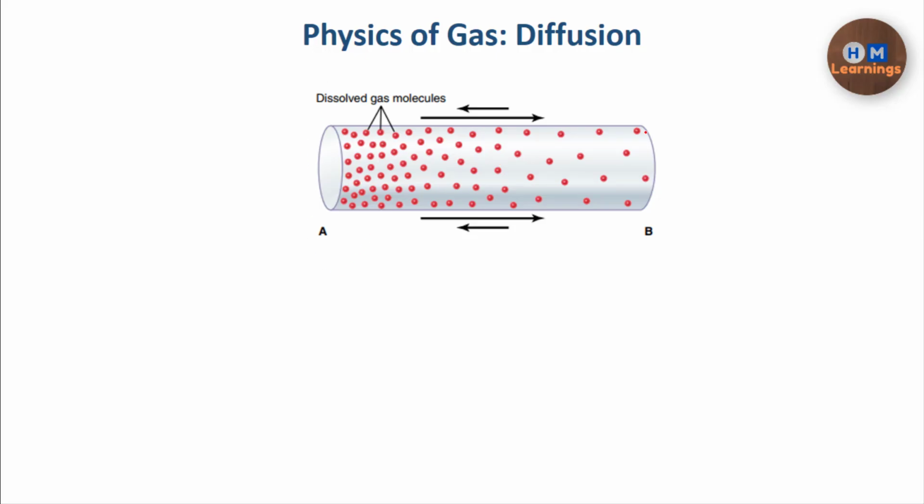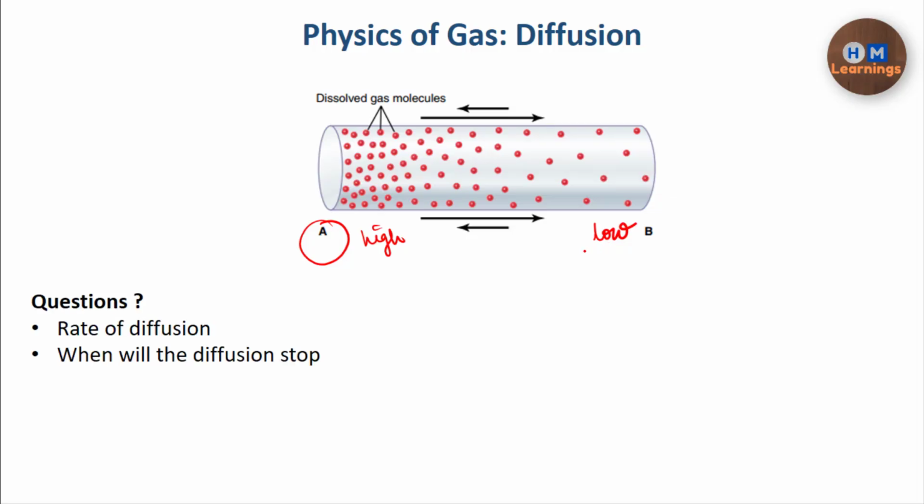This is also showing you the same thing: if you have a beaker with water or any other solvent in which gas molecules are dissolved, site A has more gas molecules and site B has fewer molecules. Ultimately, the diffusion, the movement of the molecules, happens in both directions, because you already know that the molecules show random motion and will move in all directions. But the net movement will be decided by the concentration gradient, and it will happen from high concentration to low concentration. Okay, this is what diffusion is.